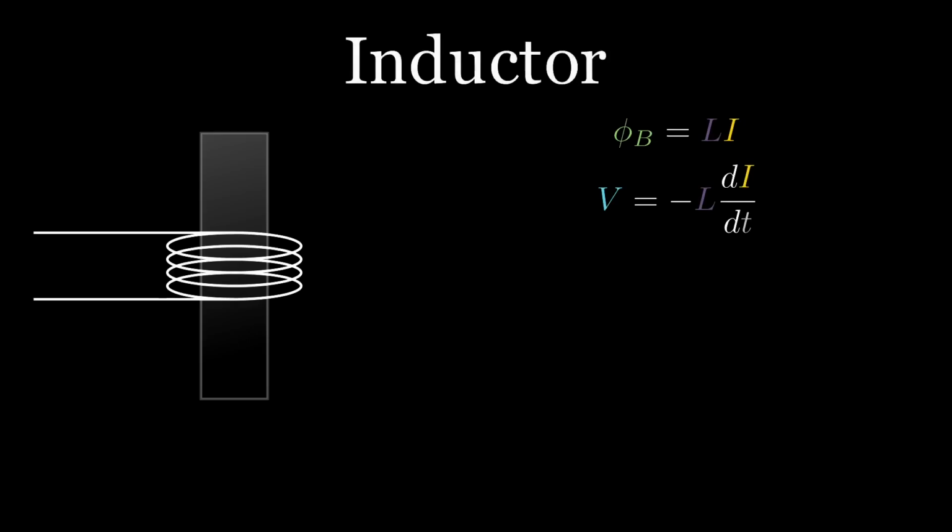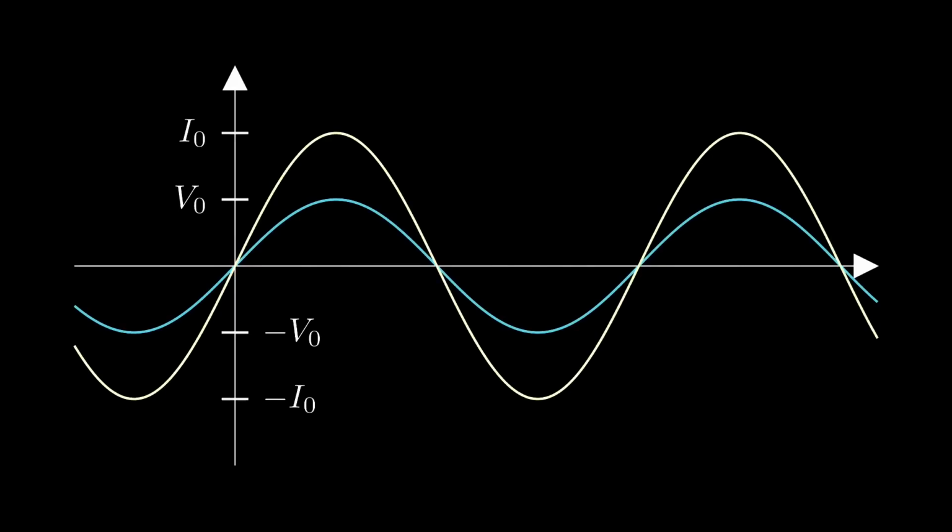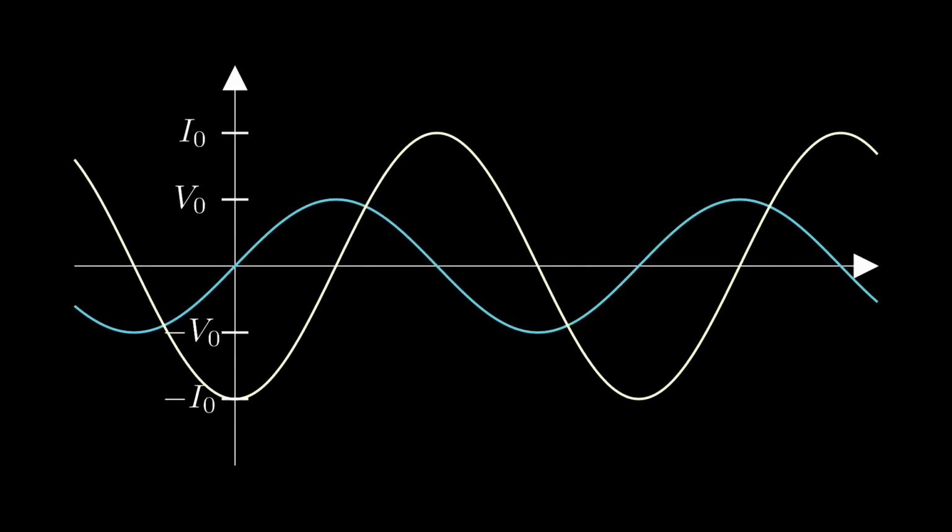Since it opposes changes in voltage, one way to think of it is to imagine one of those super big and heavy wheels on like a bank vault or something. So when I start pushing it clockwise, it takes a minute to get going. But once I get it going, it'll keep going, even if I start pushing it the other way. Looking at the sine waves, it's going to lag behind the other voltages in the circuit since it opposes changes